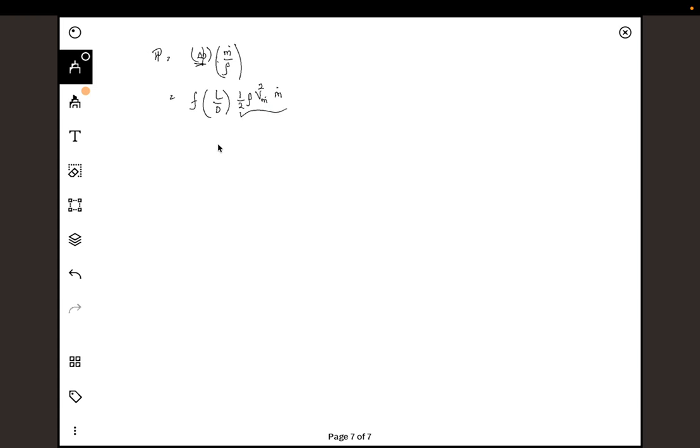So keeping all other factors constant, the power consumption will be proportional to the friction factor. So for laminar case, we have the friction factor to be 64 by Reynolds number. Of course, for turbulent case, we have the relation as